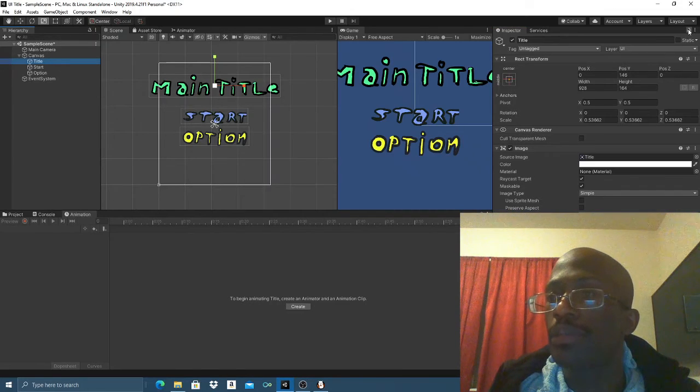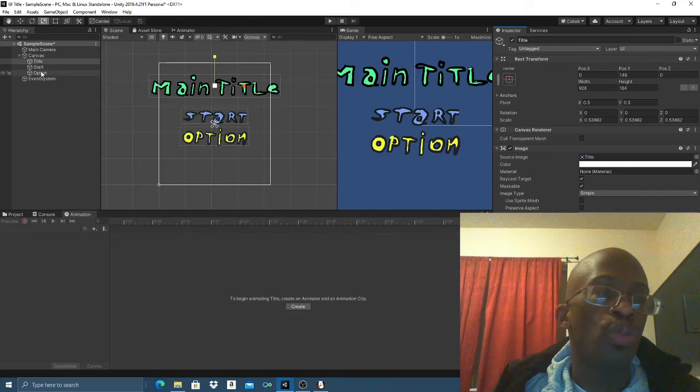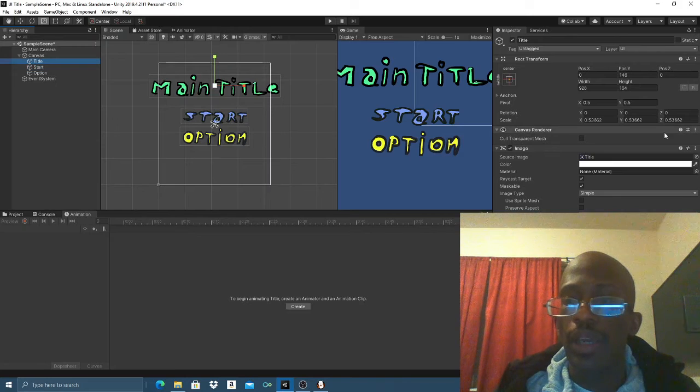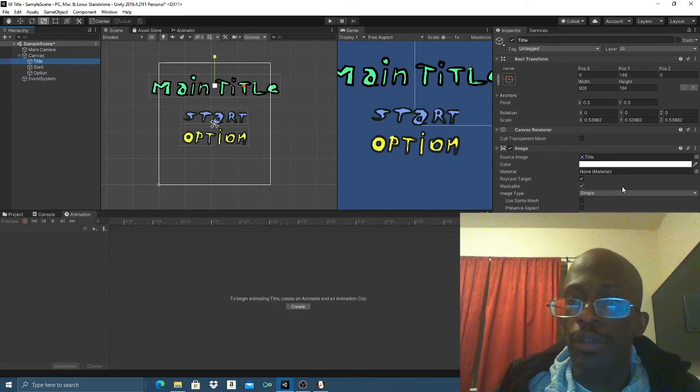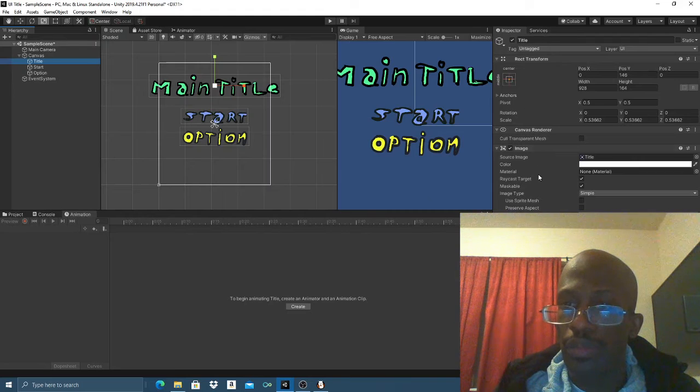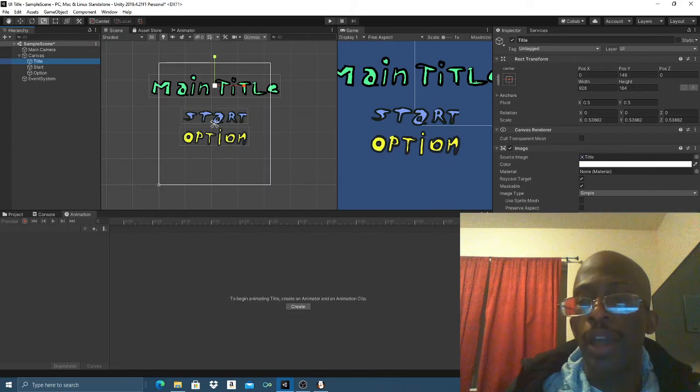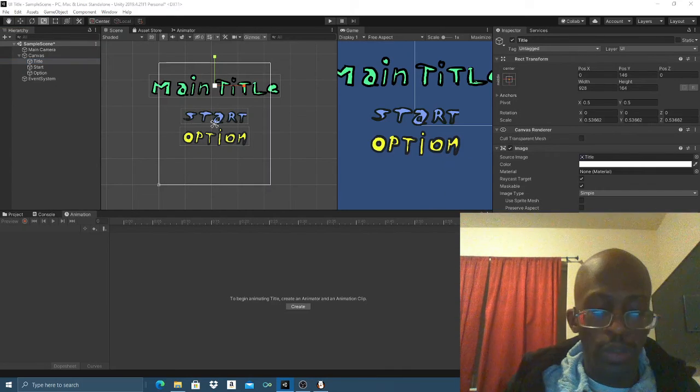Make sure that this button is not closed so that you'll be able to move around the hierarchy. Right now I have the image component in this title image. We have the canvas renderer. Now, if I add the button component,